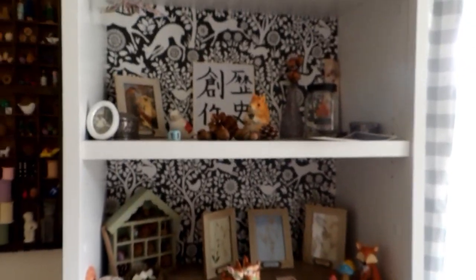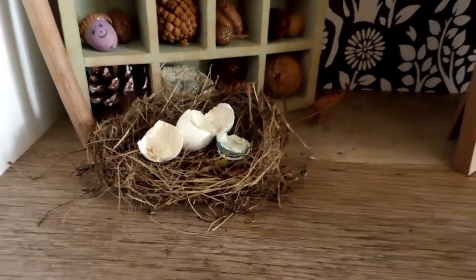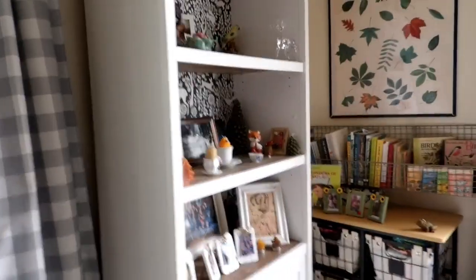Over here I just have some of my little things on here. That is my father when he was a baby. That was probably about 1929. And then my husband found me a little bird nest, and I just have a bunch of little nature-y type things. I'm sending these 2 candles to my daughter-in-law for her birthday. And then over here I just have a book and some plants, my grandson, and then over here, oh, I forgot,